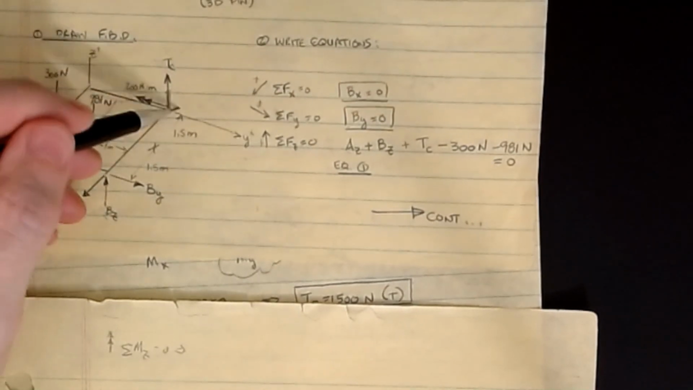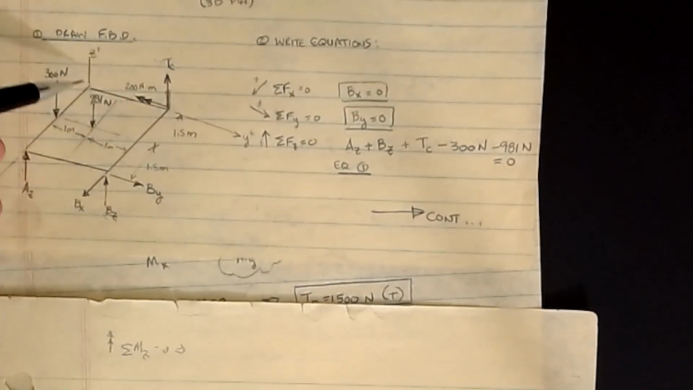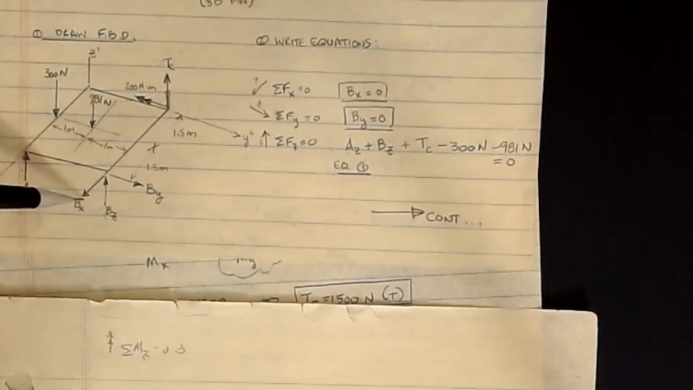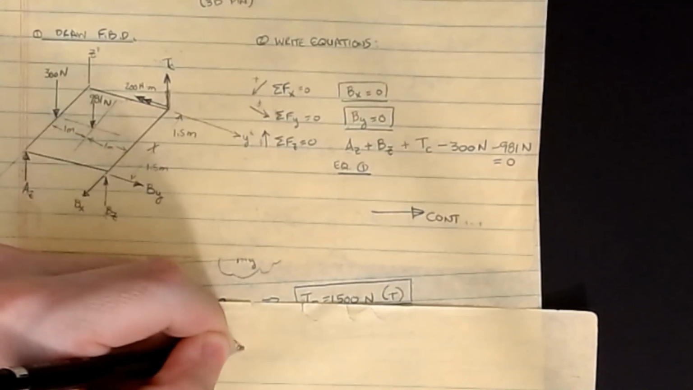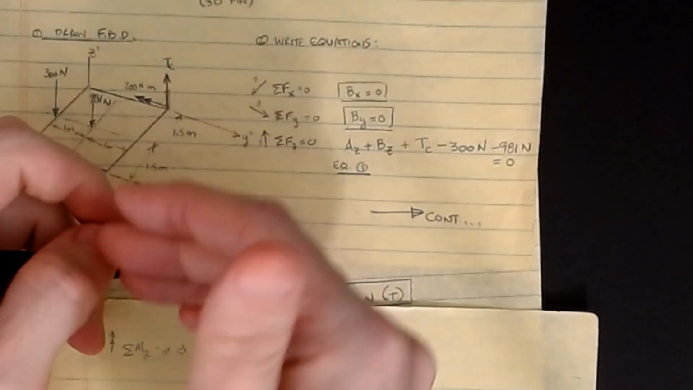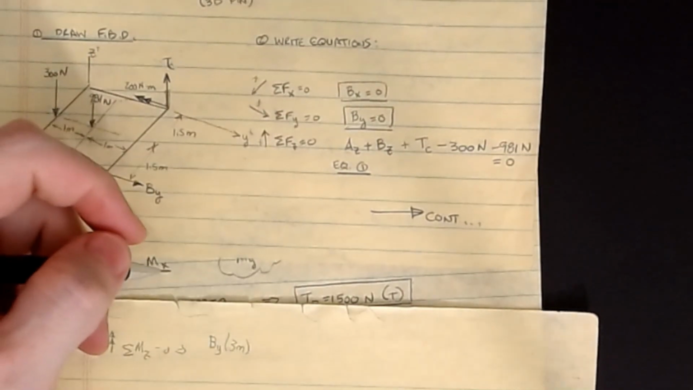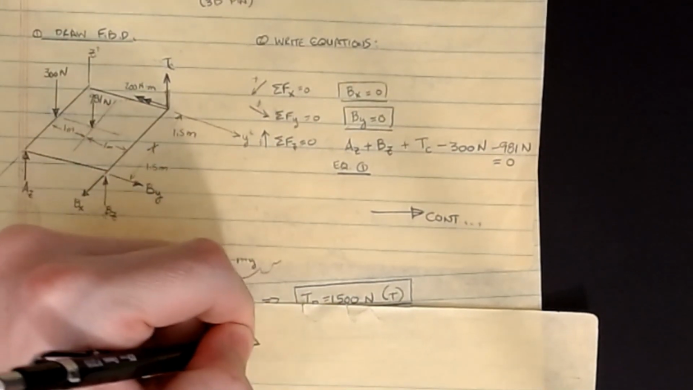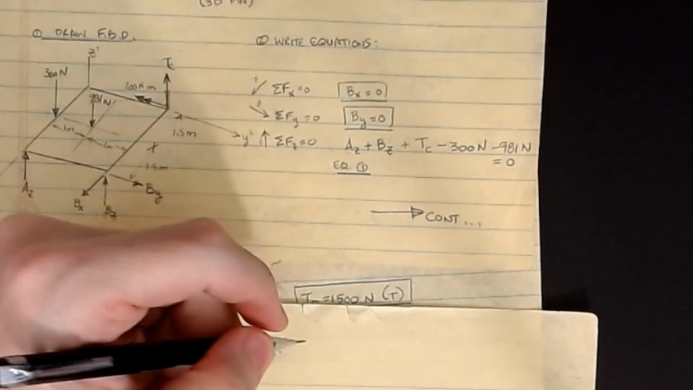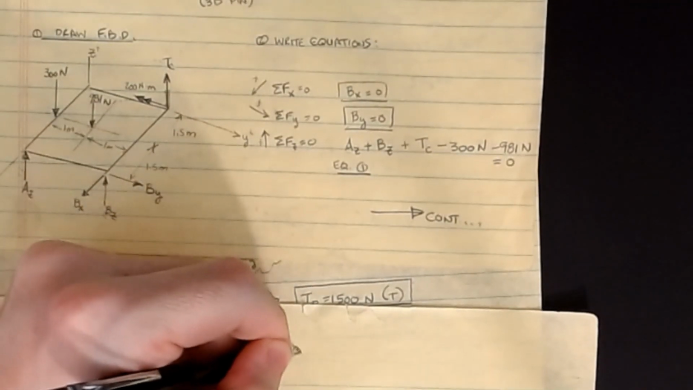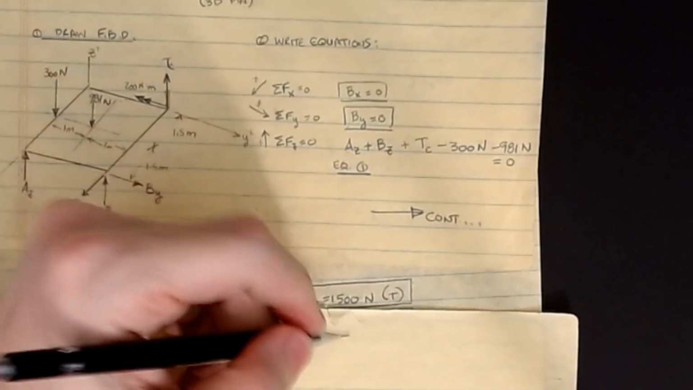TC is parallel, so no moment. A moment about a y-axis does not cause a moment about a z. And BZ is parallel, so no moment. So the only terms that would show up would be BX and BY. And this equation would be BY times 3 meters, and that's a positive because it's trying to wrap around the z-axis in a positive direction, minus BX times 2 meters, and all that equals